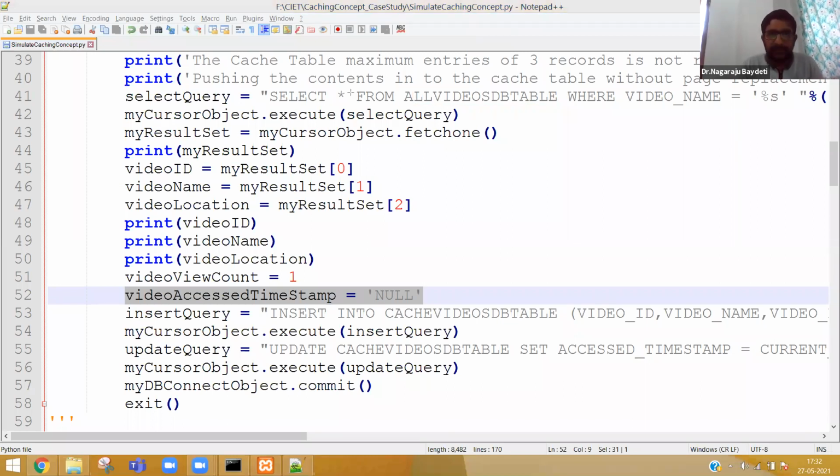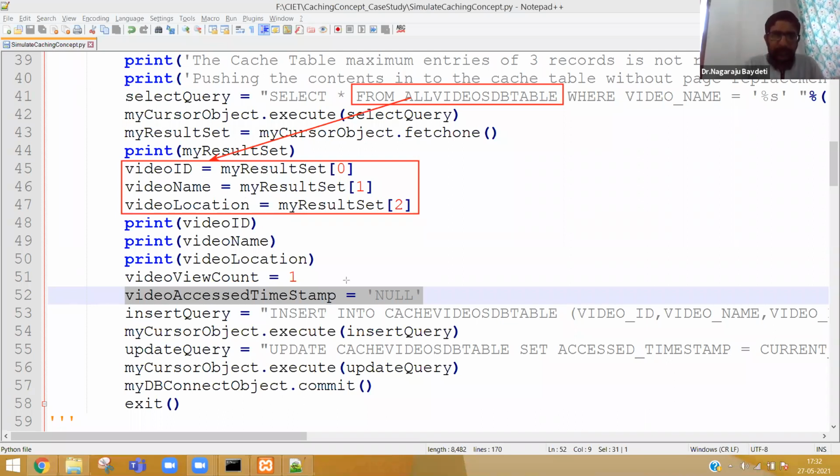From the all videos data table, I am getting a result set, and that result set gives me video ID, video location and video name.